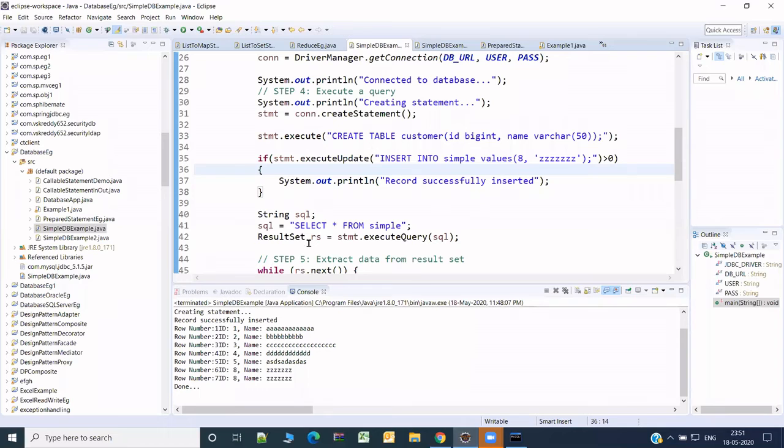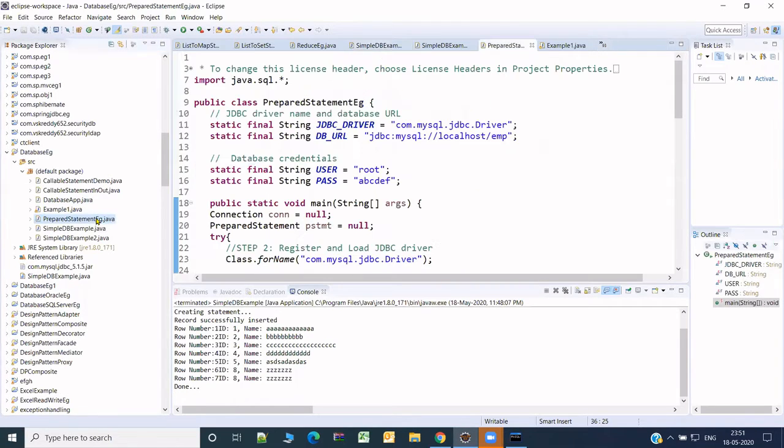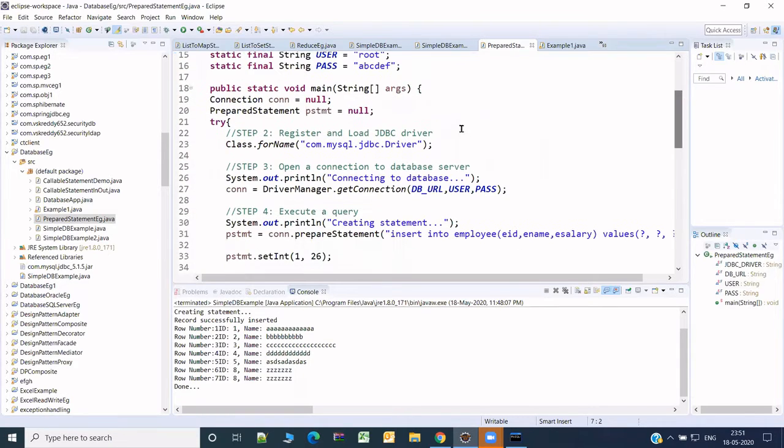So let's go to the prepared statement. Fantastic. So here, the steps remain the same. If you want to connect to the database, number one, you need to import java.sql. Number two, you need to load the driver class with Class.forName.